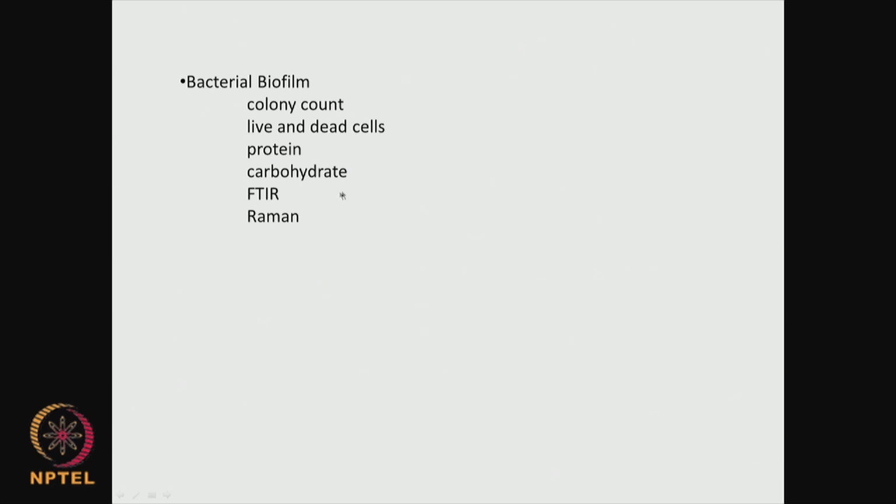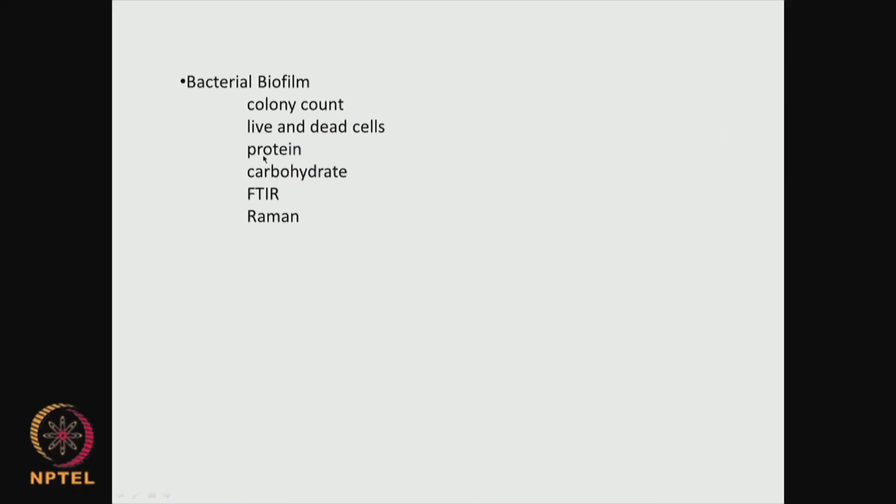Okay. All these quantities I need to know. In addition, I can perform Fourier transform infrared to see what surface functional groups have formed there. I can use Raman spectroscopy. So if I want to study the bacterial biofilm, that means the biofilm attached on the surface of the material, be it a polymer, be it a metal or a ceramic, I may have to do all these